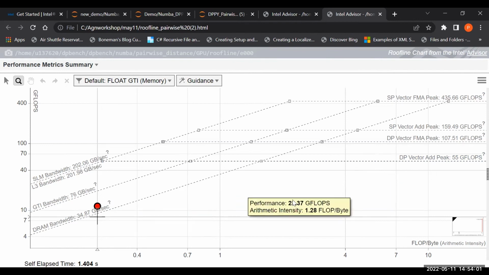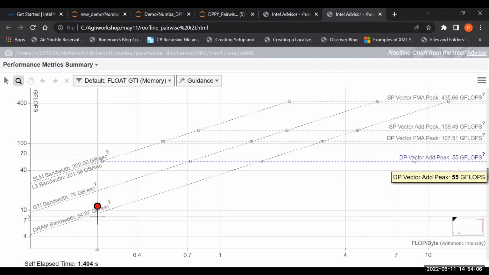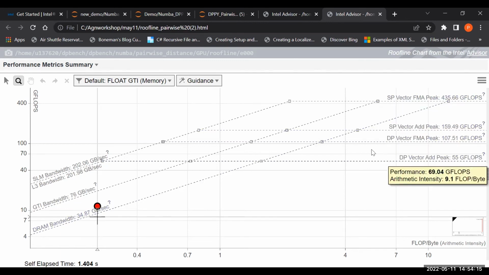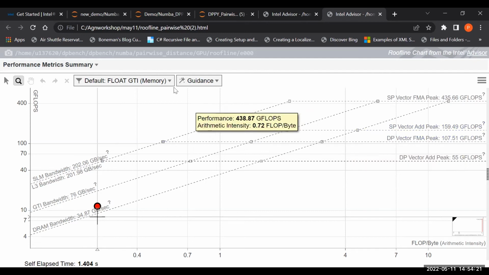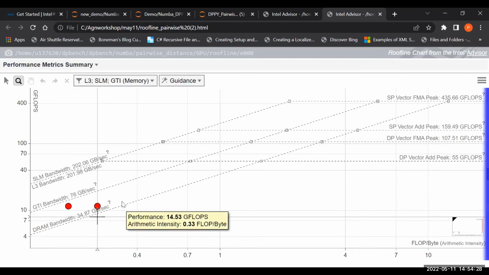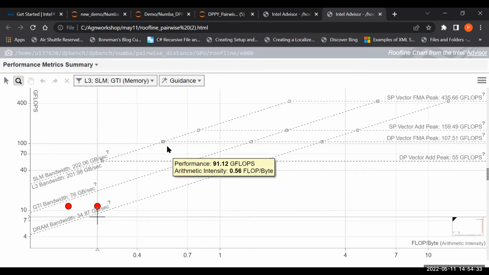And if you see the dot towards the extreme right-hand side, these are all the double precision add, double precision multiplier, single precision add, and single precision multiplier. If the dots come to the horizontal lines, then that is a compute bound application, and that's how you can generate this. You can also click SLM, L3, and you can see the different dots for this. So this is a roofline